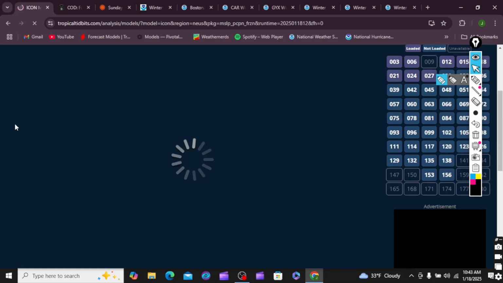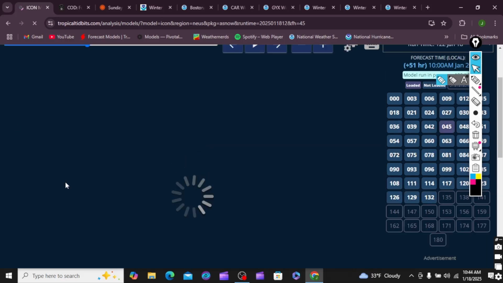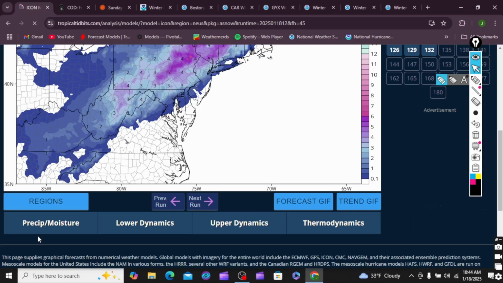Now we're going to take a look at the ICON model. Here it is, and you're looking at 4 o'clock, 5 o'clock, the 7 o'clock, very heavy snow. And this really just snows on. Total snowfall, the ICON here. I know the ICON's been getting more and more aggressive here. Generally 3 to 6 inches. So I think that's good to wrap this whole event up.